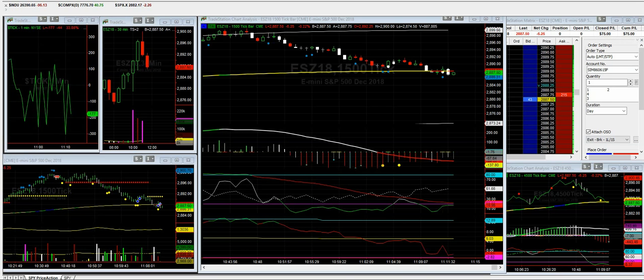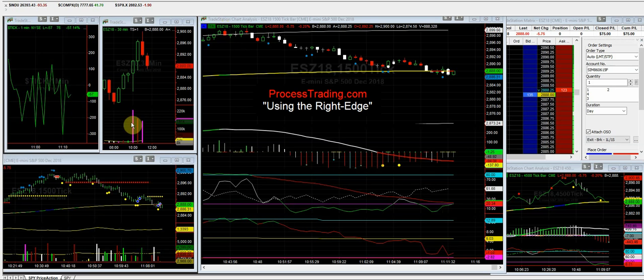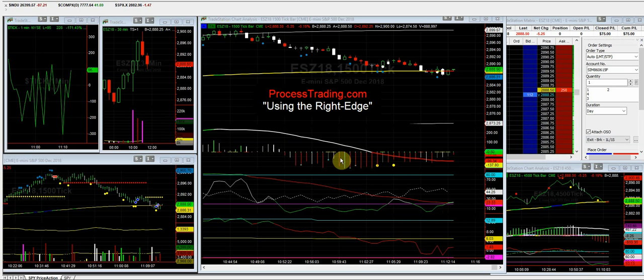Okay, this is Tuesday, October 10th, and we're going to look at the S&P E-mini. Going to use the 1500 tick bar chart here. We also see that we use a special volume bar, color-coded volume bar indicators here. On the main screen here, we replace volume with the energy or the effort indicator here that is a better